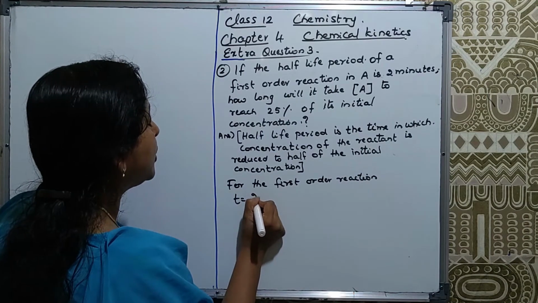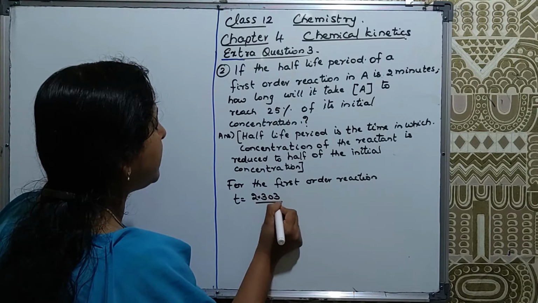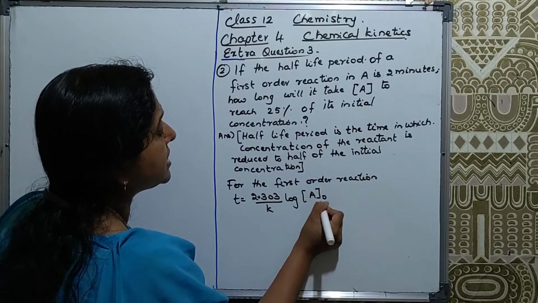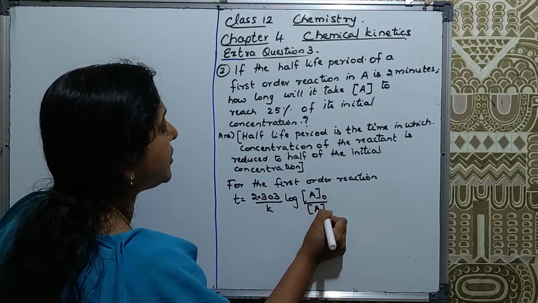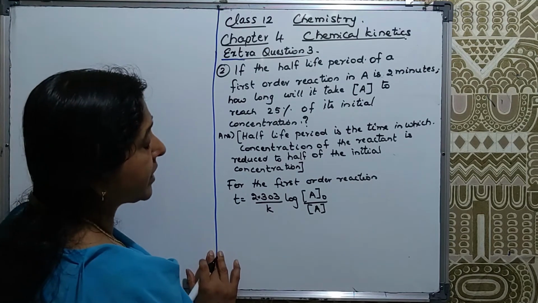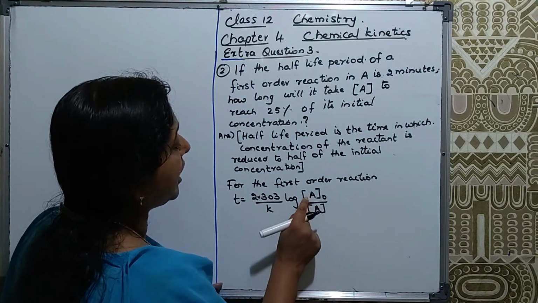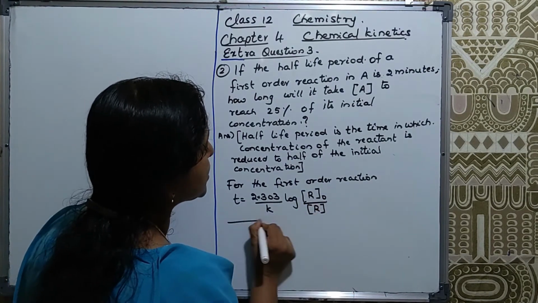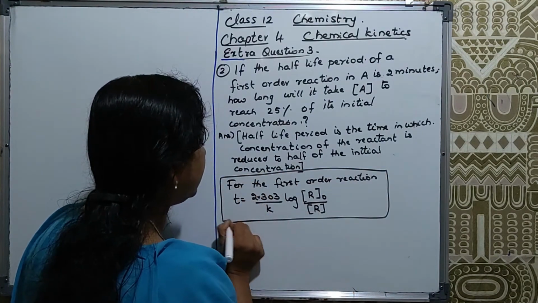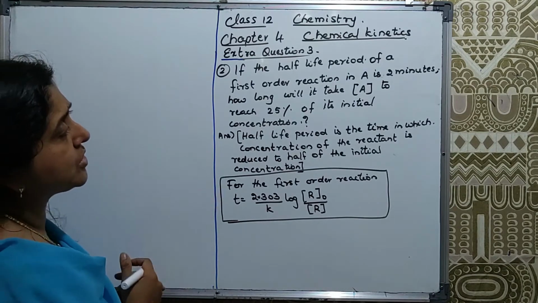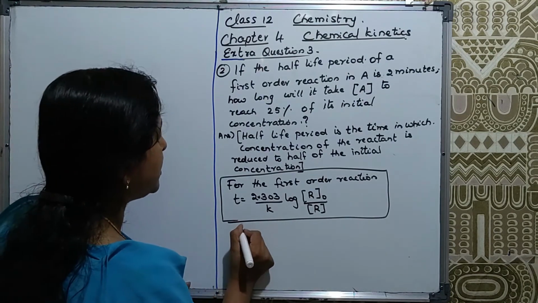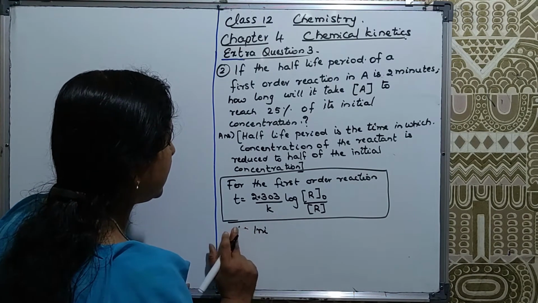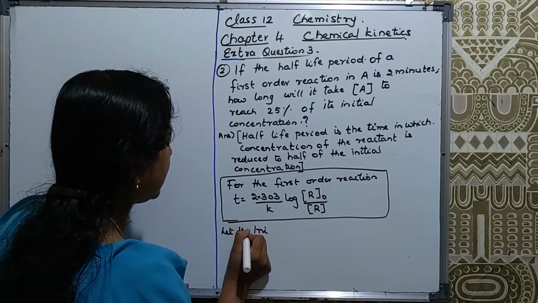T equal to 2.303 divided by K log initial concentration of A, that is A0, divided by final concentration of A, that is A. So this is the standard formula. Otherwise we'll write R0 by R as the standard formula for a first order reaction. Now, since the concentration was reduced to half actually, let the initial concentration of the reactant